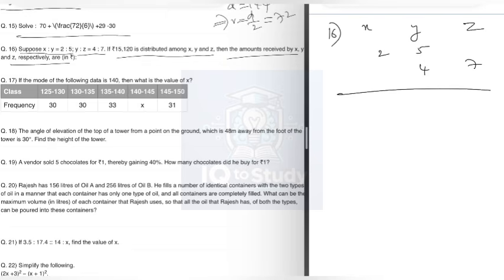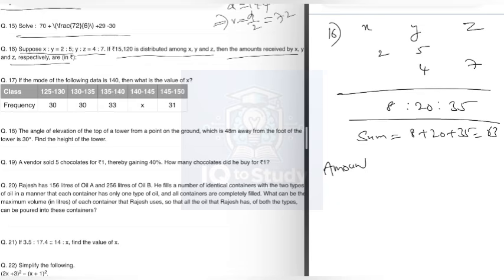Let's combine all. It becomes 8 is to 20 is to 35. And sum of ratios is 8 plus 20 plus 35, which is 63,